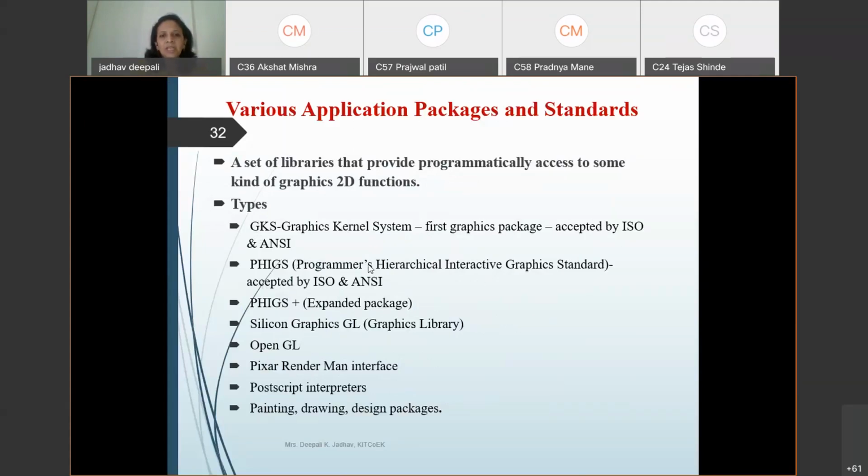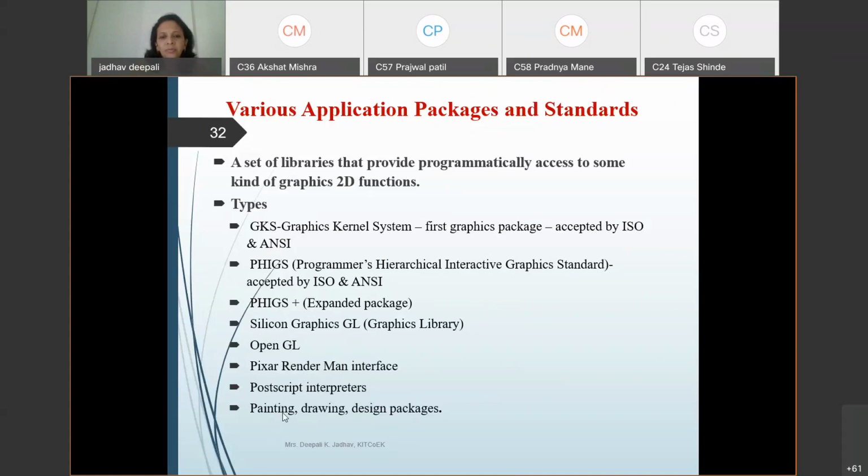PHIGS, Programmers Hierarchical Interactive Graphics Standard, accepted by ISO and ANSI. Then PHIGS Plus, Silicon Graphics GL, OpenGL, we are going to see the OpenGL package. Pixar RenderMan Interface, PostScript Interpreters, painting and drawing design packages.